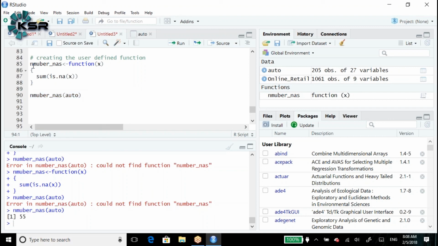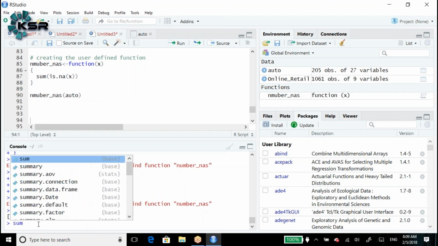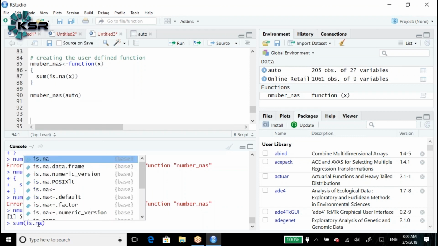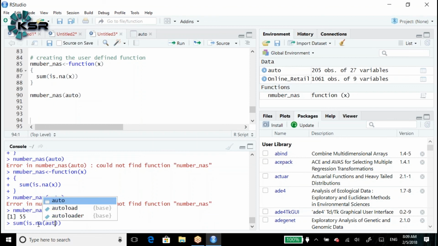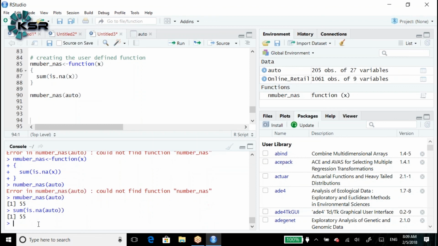So here number underscore NA, function of x, sum of is.na of x. Simply we can write sum of is.na of auto. Exactly, we'll get the same 55. Here you are creating the user defined function.